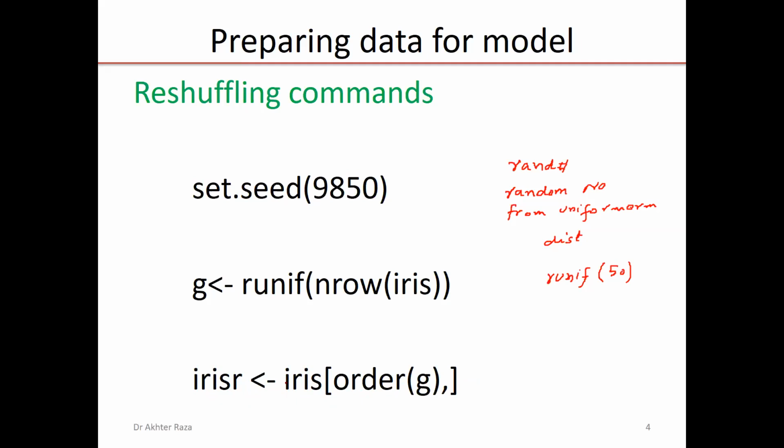So we have two data sets. One is iris, the original data set. And on the left side we have a new data frame variable, iris R, where R means random. In iris we have data sorted by species, but in iris R we have data in random order. So instead of doing the classification on iris, we will do the classification on iris R.